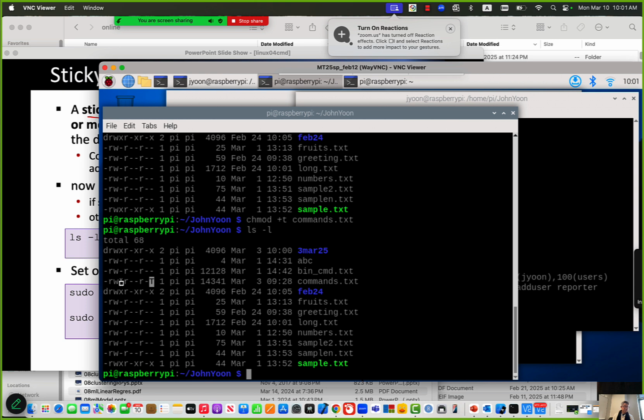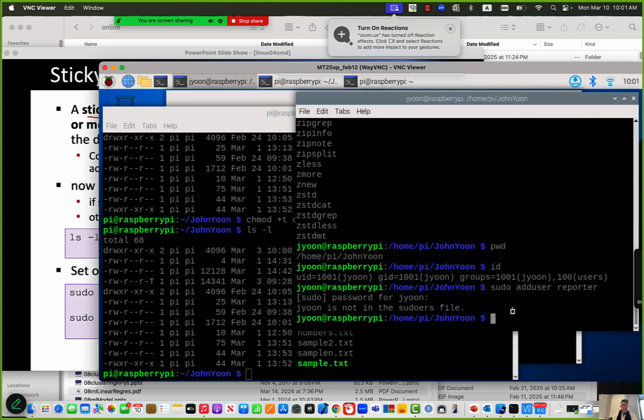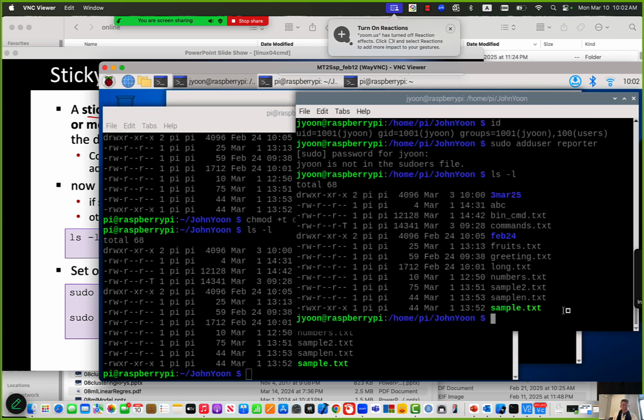Oh, I cannot even delete right now, unless I change this. So commands.txt, right now here, he can read the text commands.txt. See if he can, he means Jaeyoon here, right? Can Jaeyoon delete this commands.txt? Like remove